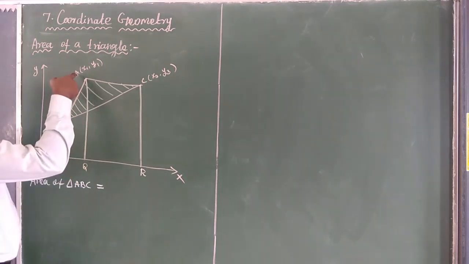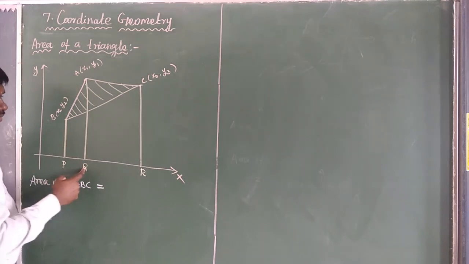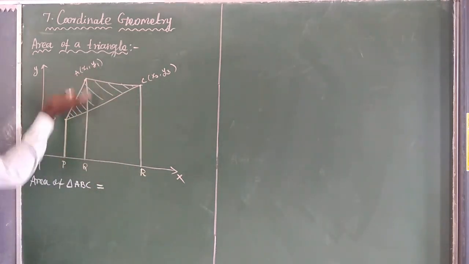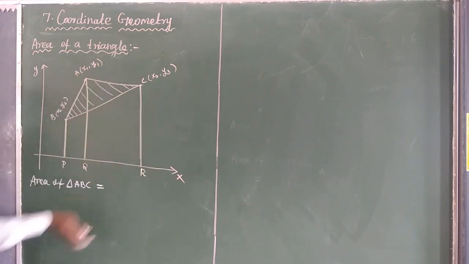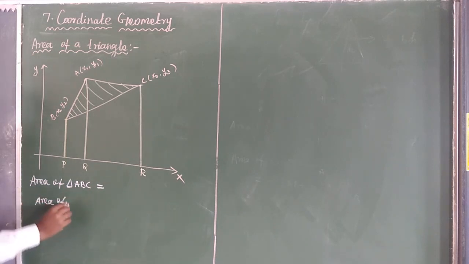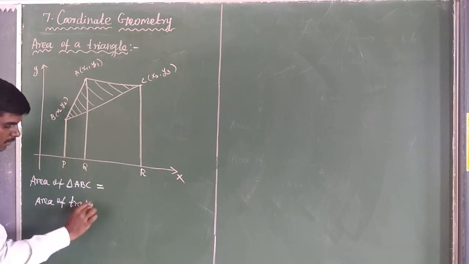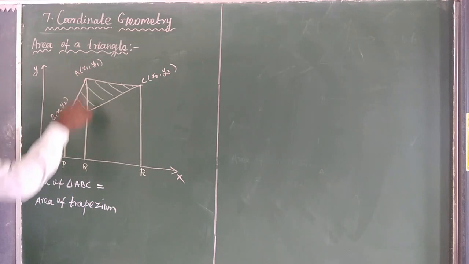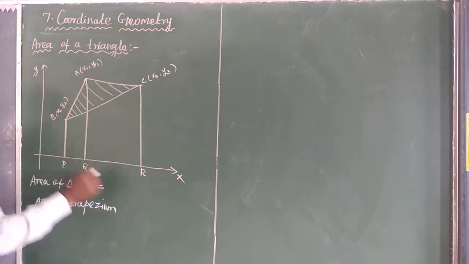Next, again I find the area of the trapezium A, P, R, C. Another trapezium. I find out the total area. Okay, I find out the total area. Here, I need the area of the triangle A, B, C is equal to the area of the trapezium,